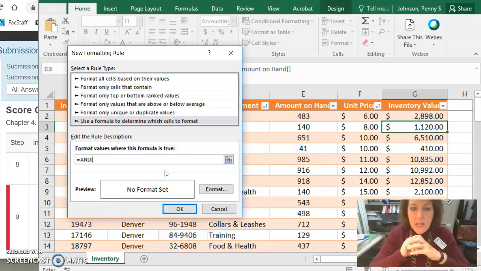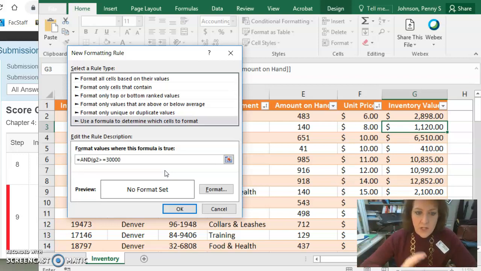So in this case, we're going to use the AND function. And what we're going to say is, equals AND and left parenthesis, we want G2 must be greater than or equal to 30,000. And we add that 30,000 without commas, without a dollar sign, just greater than or equal to 30,000. Add a comma. There's a second part to this, which is that D2 must equal,